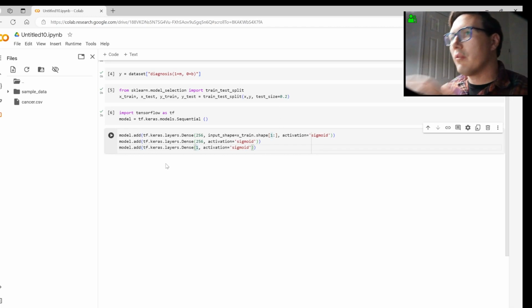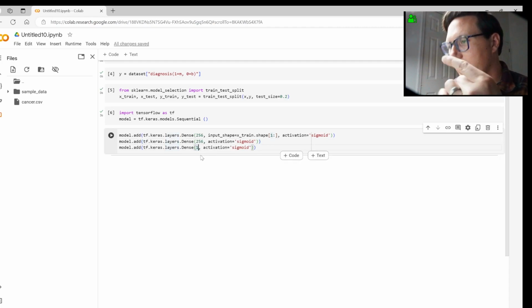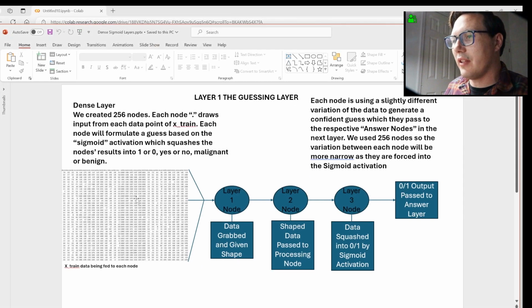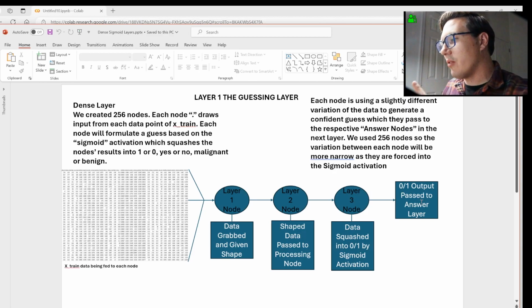And this is because all the processing and equation that's going on between these two layers is finally going to be passed to one singular node that will put the final output towards our answer layer, as demonstrated in this slide here. So you see the x_train data is going to get shaped by this layer 1 node and then passed to the layer 2 node where it's processed, and then passed to the layer 3 node, which squashes all of that complex math into a final 0 or 1 output by the sigmoid activation, which is then passed to our answer layer,